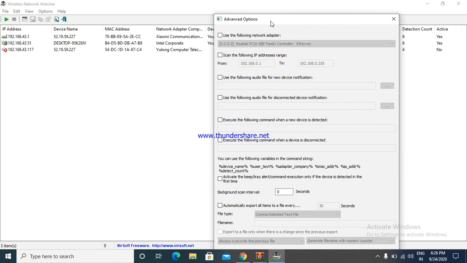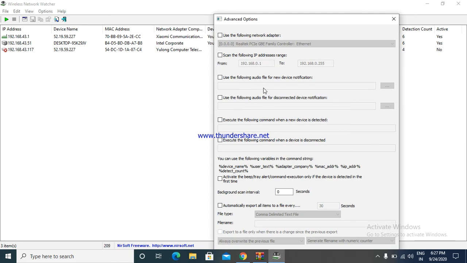to use this only. We can scan the IP address range, so we can scan the devices with a certain IP address only. There is one more feature about scanning the IP address from this range to this range.